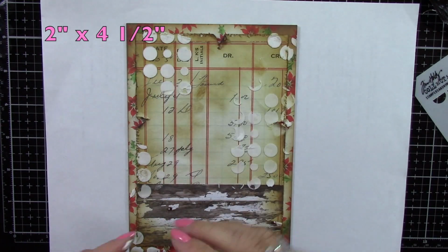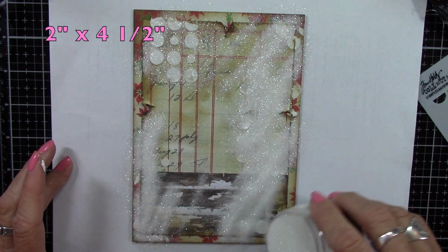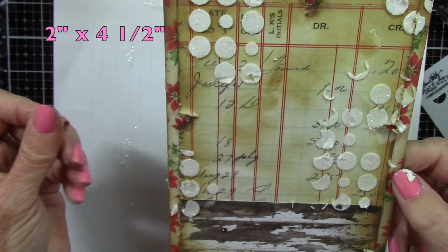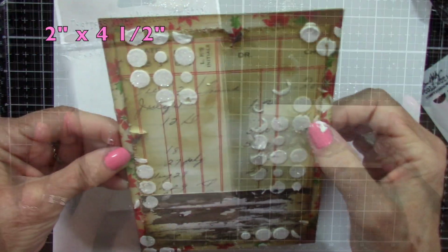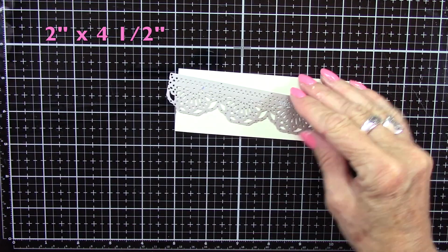Now I've got the Rock Candy Distress Glitter, and I'm going to sprinkle that all over. While this texture paste is still wet, I'm going to completely cover those little circles with that really pretty glitter, and look at how these little circles sparkle now. So I'll tap away any excess, and then I've got my Distress Mixed Media Heavy Stock,